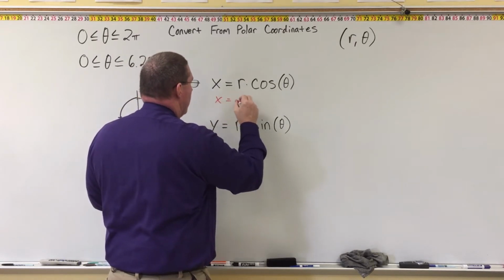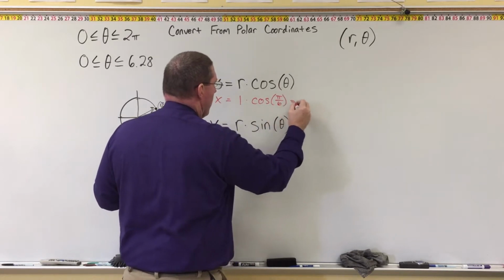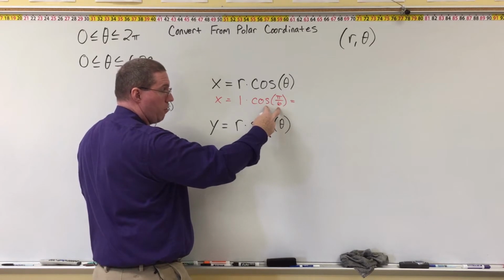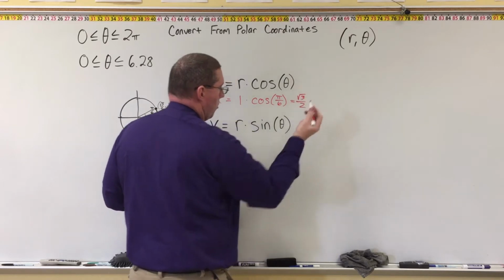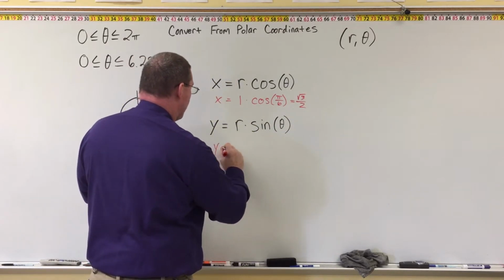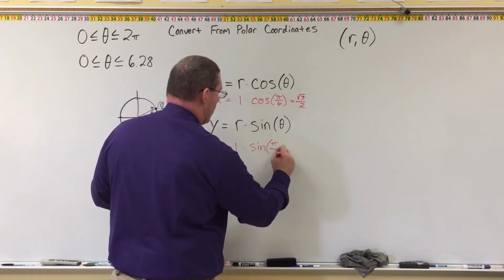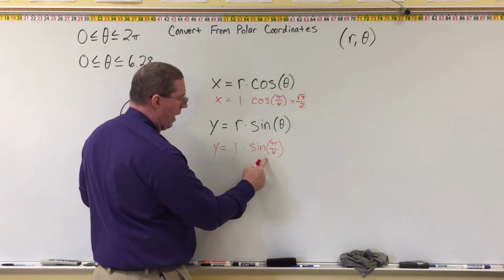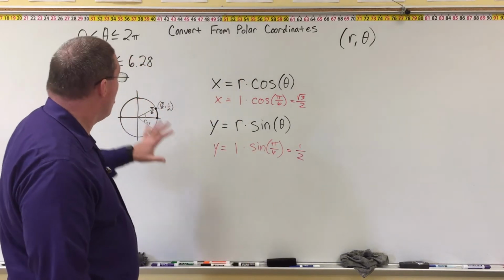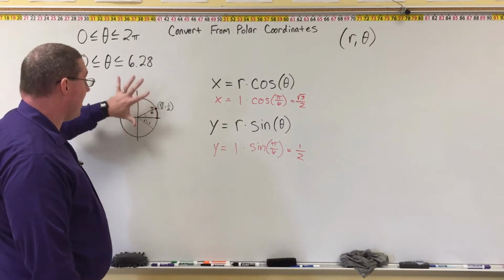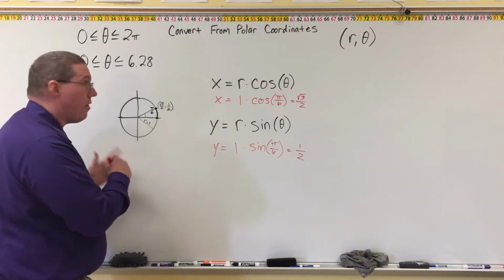Okay, so the x coordinate is 1 times cosine of pi over 6, right? Well, we know that cosine of pi over 6 off the unit circle is square root of 3 over 2, and square root of 3 over 2 times 1 is square root of 3 over 2. There we go, so we got that point. Same thing here for y. Y is going to be equal to the radius, 1, times sine of pi over 6. Well, we know that sine of pi over 6 is 1/2, times 1 is 1/2, and therefore we can get the coordinates. So we can see that the unit circle itself actually is representing a polar plane that then converts